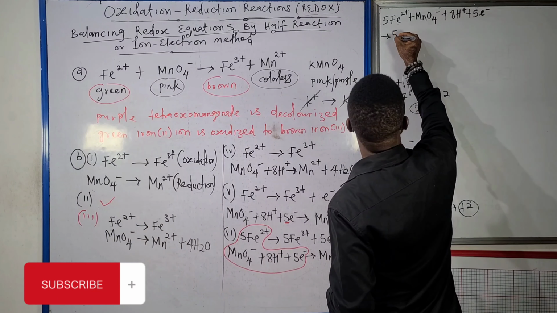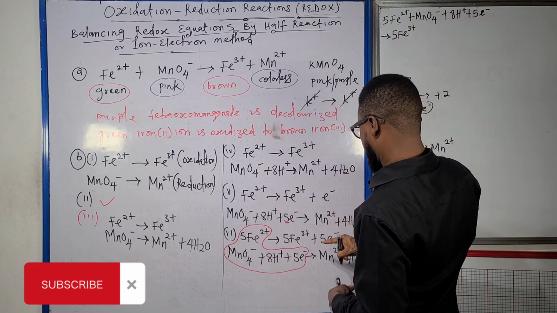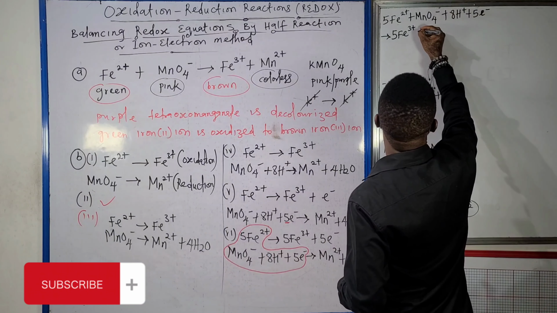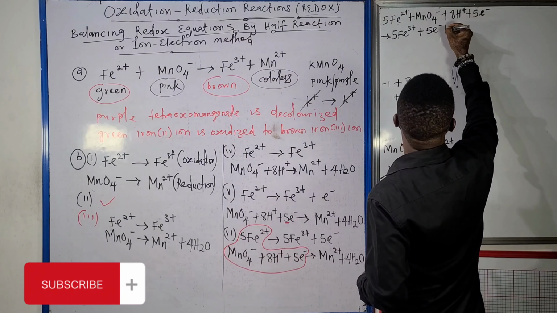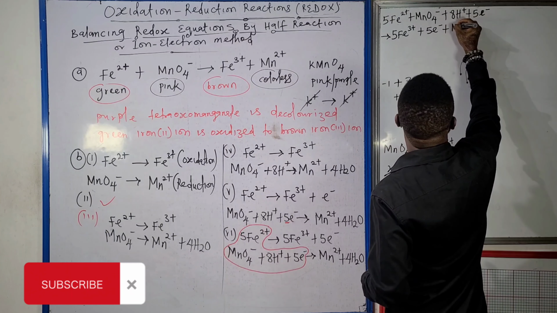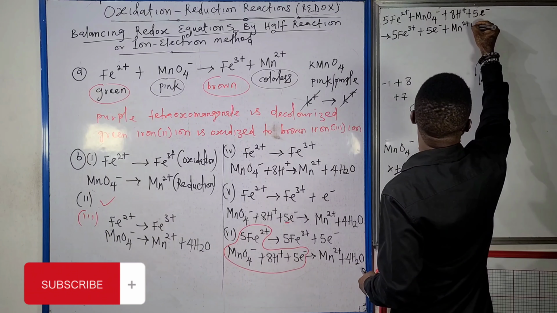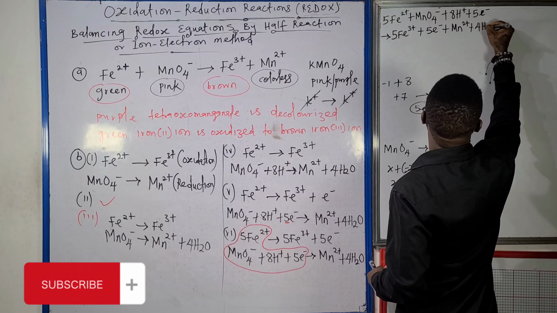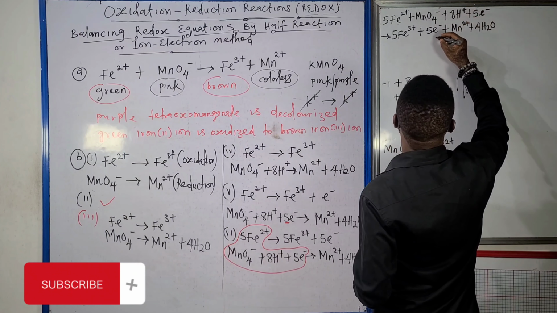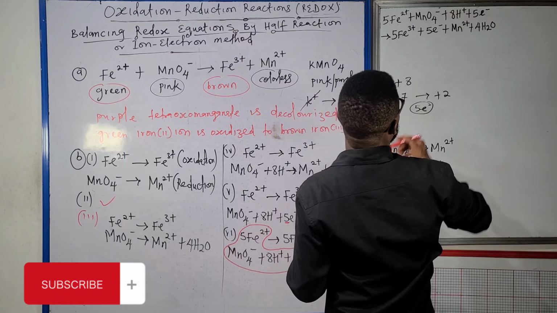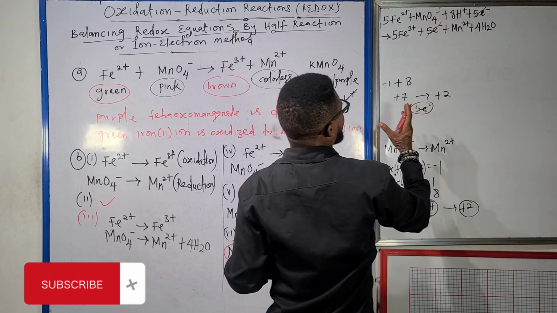5Fe3+ plus 5 electrons plus Mn2+ plus 4H2O. So what is the same on the product and the reactant side? If you look at it very well, it is the 5 electrons, this cancels out. So that what we are left with as our answer is